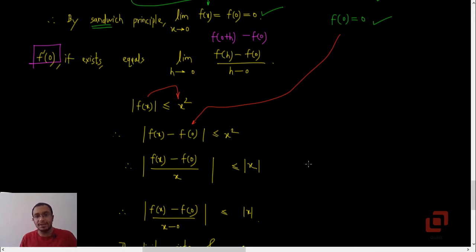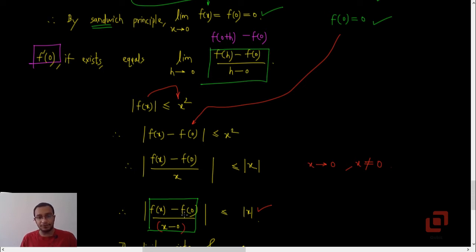Okay, now because we have x tending to 0, x cannot be equal to 0. Yes, so you can divide by mod x. Okay, so on the left hand side, what do you have now? You have mod of f of x minus f of 0 upon x. Write that x as x minus 0. Okay, so we now have the absolute value of f of x minus f of 0 upon x minus 0 less than or equal to mod x. Now this ratio inside the modulus sign is basically the same difference quotient that we have here, f of h minus f of 0 upon h minus 0, and f of x minus f of 0 upon x minus 0, and here h tends to 0 and here x tends to 0.